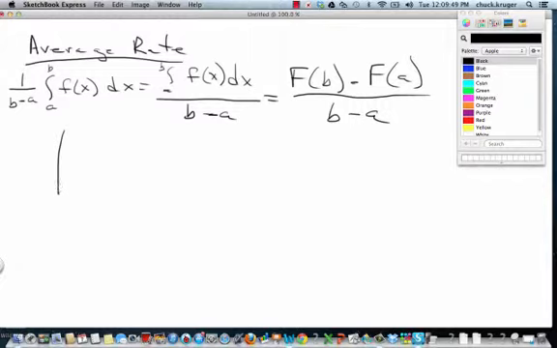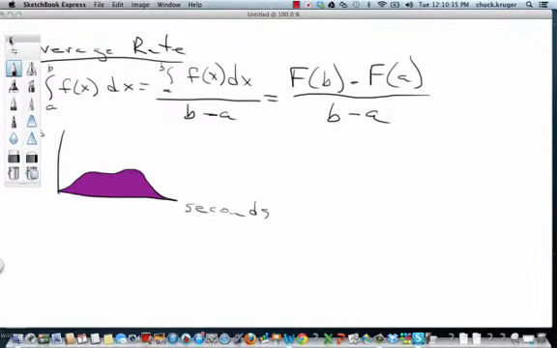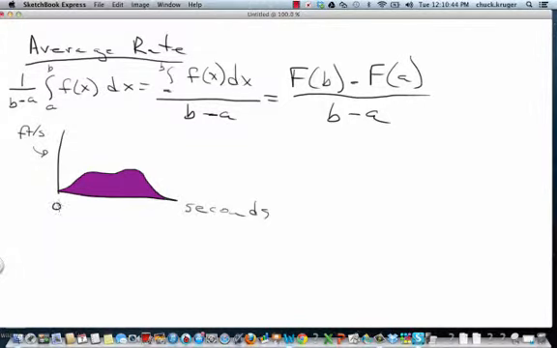So if I have this graph, and over here this represents feet per second, and down here this represents seconds, and I get a graph that looks like this. Alright, and I have area in here. I wonder if I can get area in here. Yeah, perfect. So I have this purple area, and since this is feet per second, these are seconds. If this is 0 seconds right here, and this is 15 seconds right here, and this is f of x,